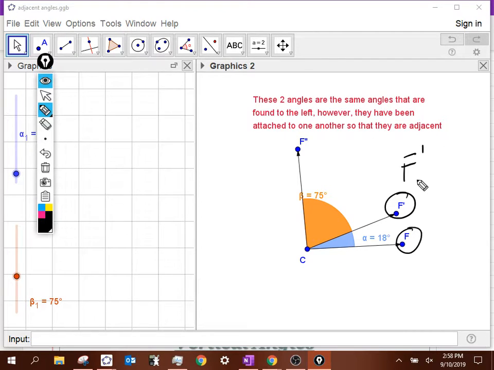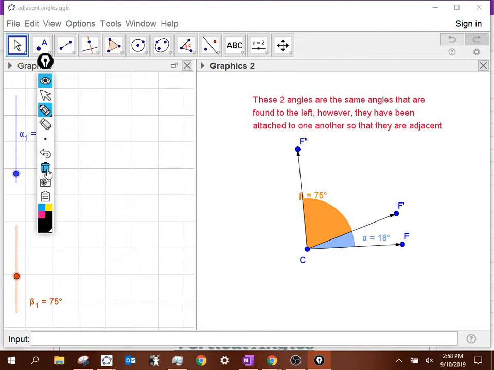Well, that's different than F, right? So now I have a feature that can differentiate and make sure you are looking at the same one. But we read that, instead of F apostrophe, as F prime. Okay? There's a second one up here. Right here, it looks like this. If you were to zoom in, that's F double prime. So it allows me to use the same letter over and over again